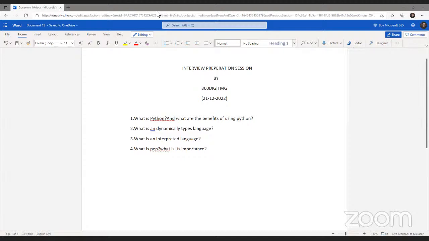So the more advanced improvements and updates are described by a PEP, and it's especially important since it provides documentation and style guidelines for Python code. This is the full form of PEP and this is how PEP is useful in Python. As we look into the next question,